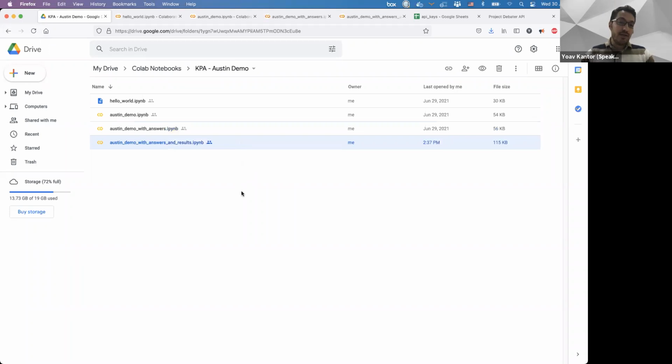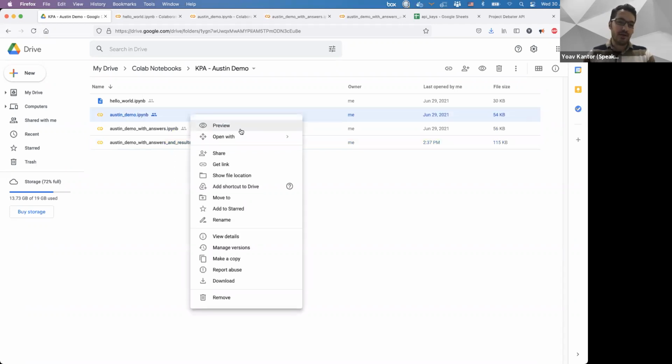And the third one, in case you have problems running it for some reason, and since there are many participants, it will be hard for me to assist. The third one already has the answers in it. So you can open it and select Google Colaboratory. If you don't have it, maybe you can connect more apps and find it. Another option is to download it and upload it directly to Google Colab.